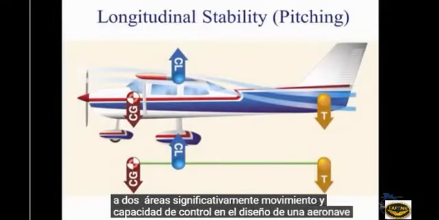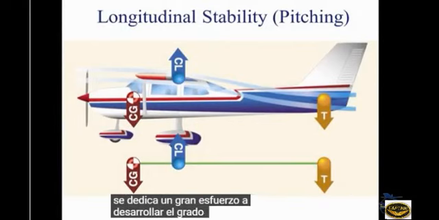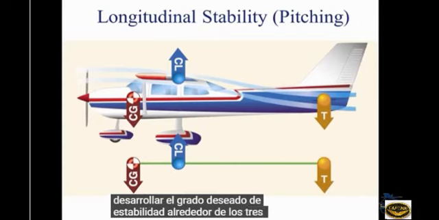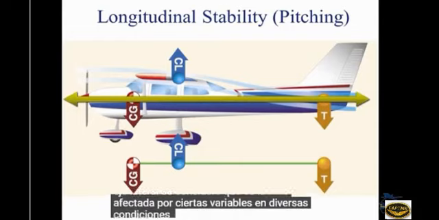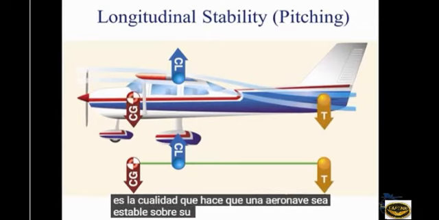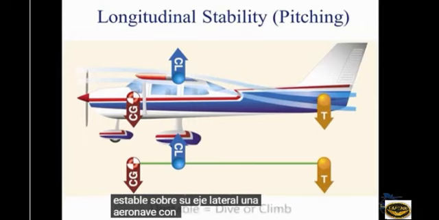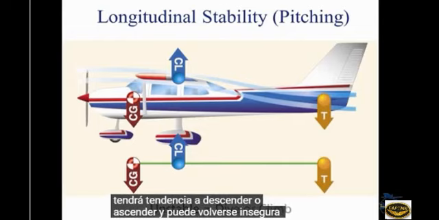In designing an aircraft, a great deal of effort is spent in developing the desired degree of stability around all 3 axes. But longitudinal stability about the lateral axis is considered to be the most affected by certain variables in various flight conditions. Longitudinal stability is the quality that makes an aircraft stable about its lateral axis. An aircraft with an unstable longitudinal axis will have a tendency to dive or climb and can become unsafe to